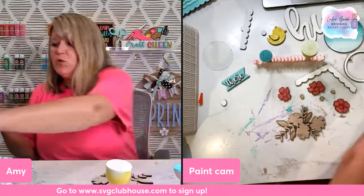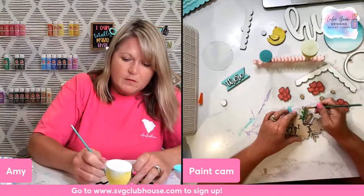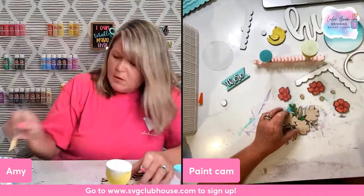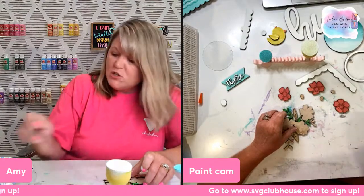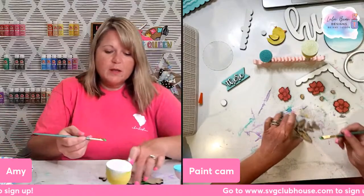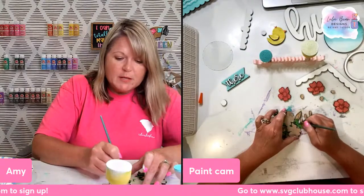Okay, so this is crisp green. And I'm just doing the leaves because the flowers are layered, so we don't need to paint those again. That little piece I learned is a leaf because we have a similar flower spray on the purse. Well, and actually these flower sprays are on the purses and the door hanger, and the florals on the cowgirl or cowboy boot, however you want to look at it, is a different floral set. That is supposed to be peonies,